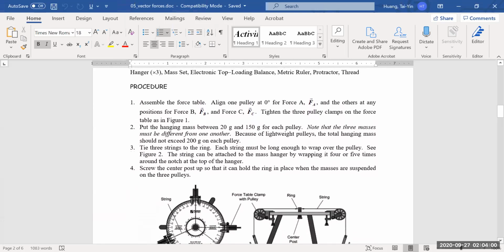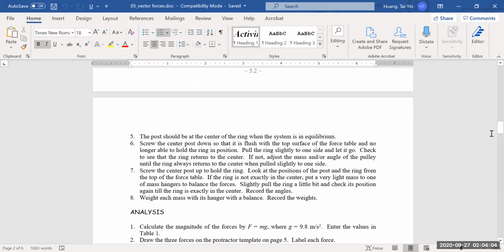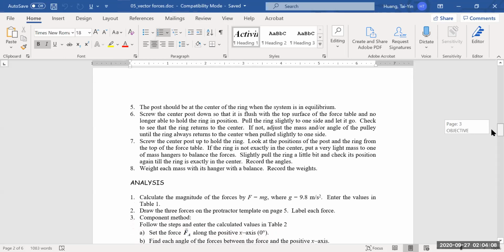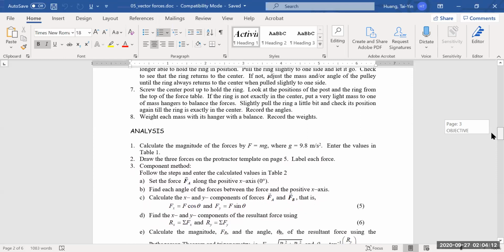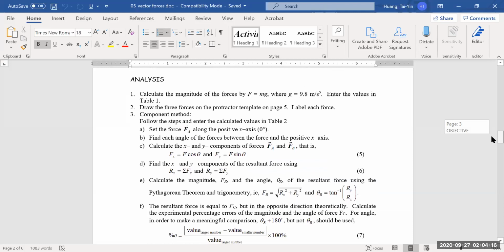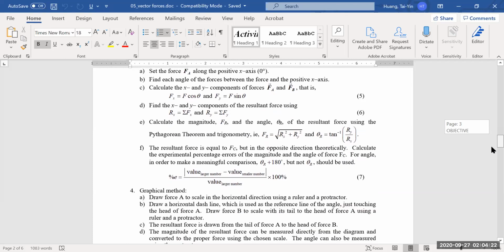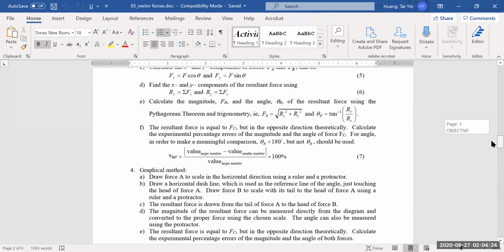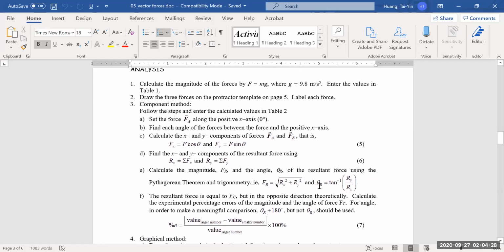All right, and then procedurally, this is like you're given two forces, which I'm going to, after I bring up the data, let you know what the magnitude and angle of those two forces are. So you would just proceed based on the data you're given, follow the steps in the analysis and complete the work. Now, I just want to draw your attention to step 3E,